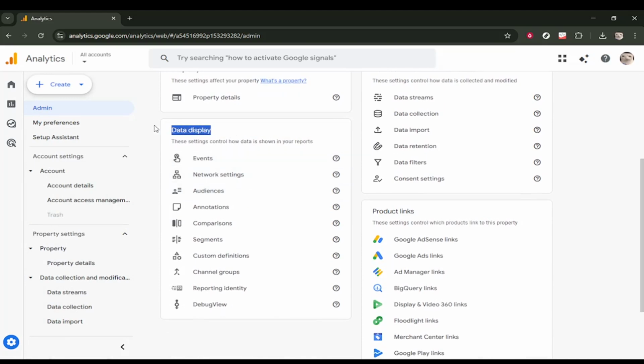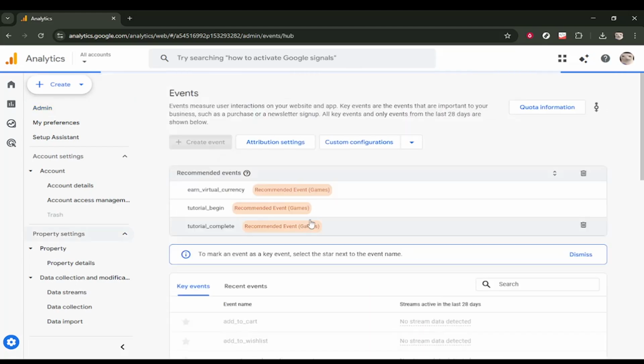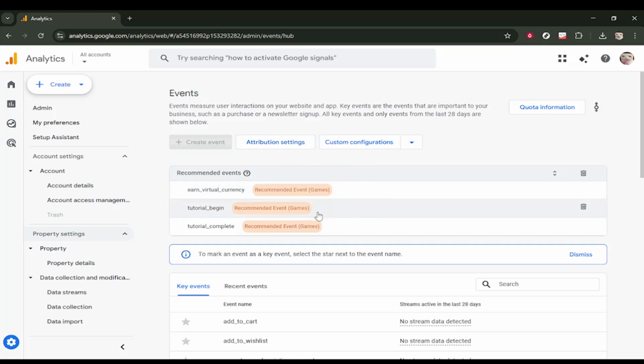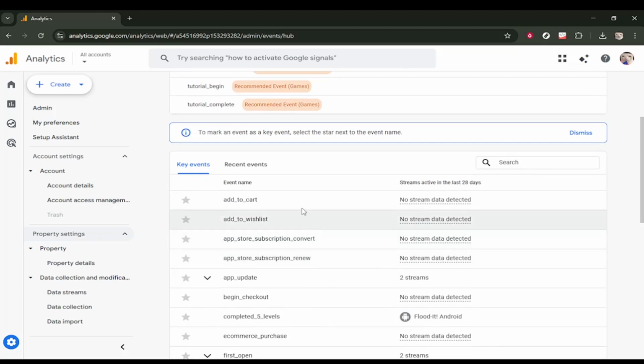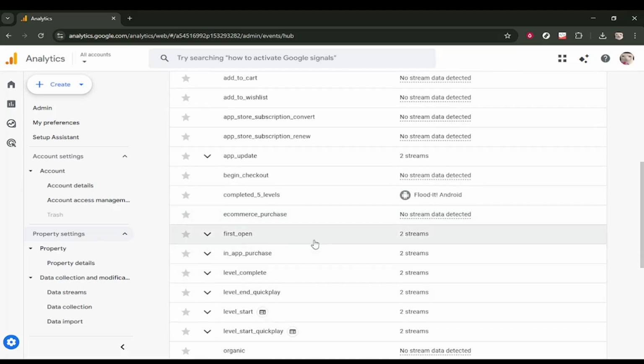You will often see a mix of automatically collected events and events coming from your website or app setup, sometimes through Google Tag Manager. Now, take a moment to scan the list. You may see events such as tutorial_begin, e-commerce_purchase, and app_update. The goal here is not to turn everything into a conversion. Instead, choose events that represent real business value, like a purchase or a lead submission. Using recommended event names, such as purchase or generate_lead, helps keep your setup consistent and easier to integrate with other